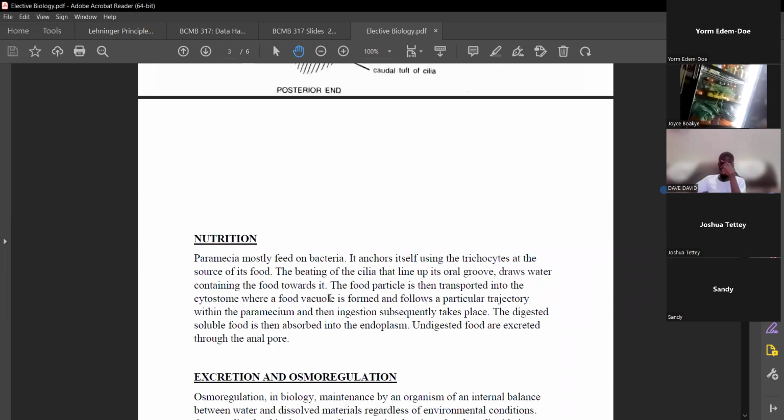As you can see in my slide here, Paramecia mostly feed on bacteria. If it finds a source of food, it will anchor itself so that it doesn't move around, because it's single-celled. A serious gust of water or wind or air can just push it away from the source of food. So once it finds its source of food, it anchors itself using the trichocytes where the food is. Then what happens? It starts beating the oral groove cilia or even some body cilia so as to